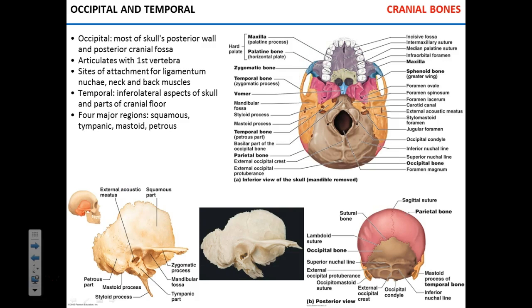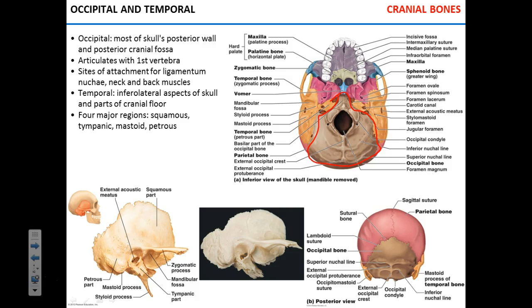The occipital bone forms most of the posterior part of the cranium. Here, on that illustration, you can see the occipital bone in that light brown color. It contains several important structures. First, the foramen magnum, a large opening at the bottom of the cranium. Can you see that? Foramen magnum, right here,